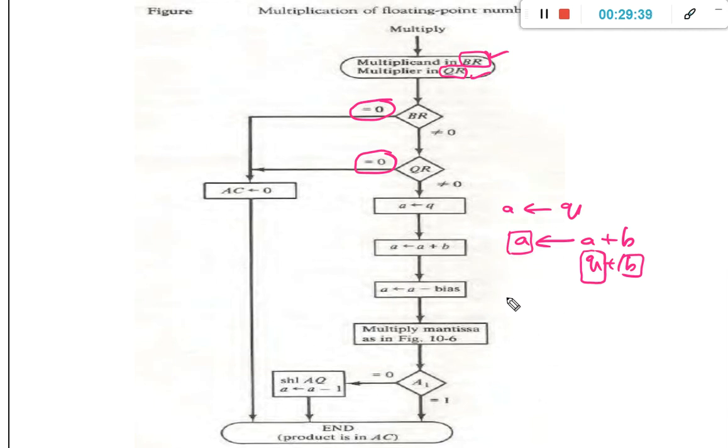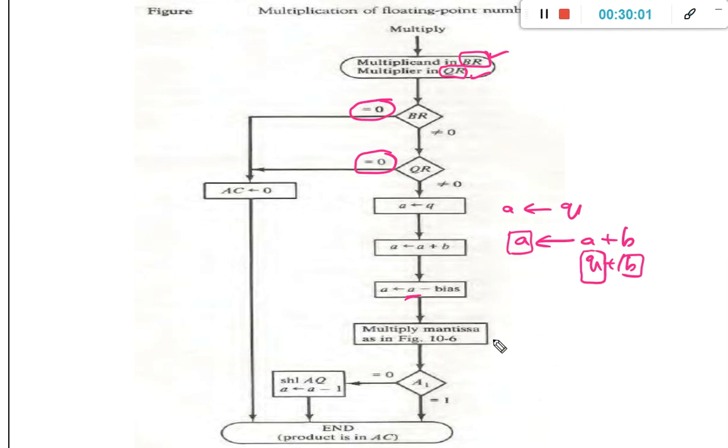However, if some bias operation has been carried out beforehand, so biasing we have already seen, we may move the content of the mantissa and increment or decrement the exponent value. If such an operation is carried out, then we are going to decrement the bias value from A. So A assignment, A minus bias.